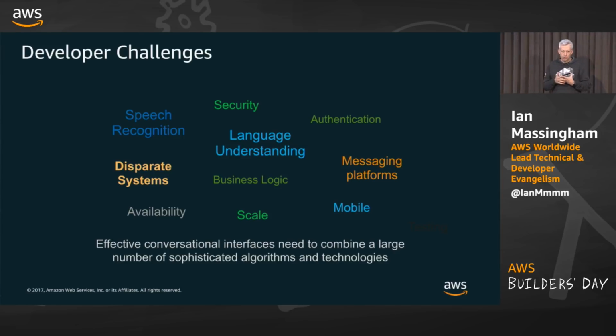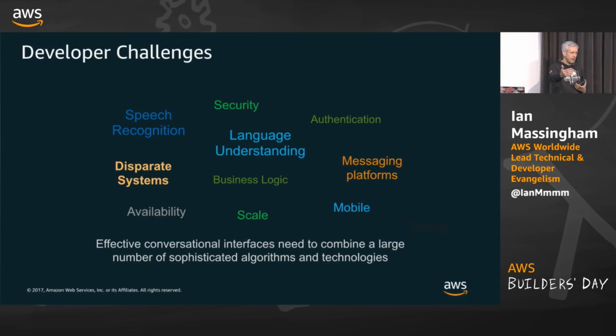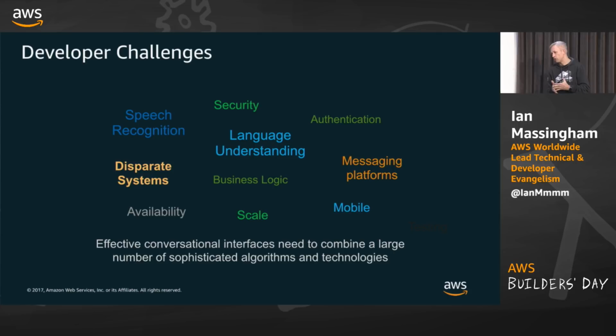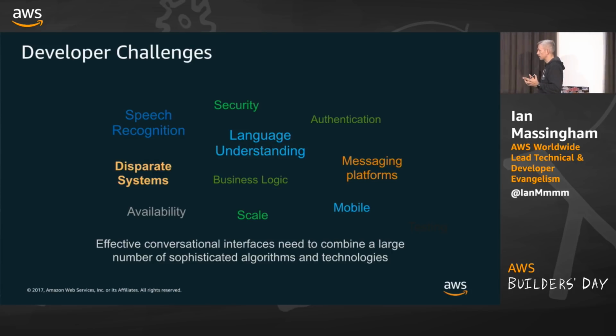With Lex, it's very simple to build a text or voice-based interface, bolt that into an existing application using our Lex API, our runtime API, and accept calls against that API, and then resolve them down to one of those 3 or 4 intents that are required for our particular use case. So I could take my existing travel booking app, add a button to it that says, talk to me. Have a customer press that button and literally say, I want to book a hotel, and then enter into a dialogue with them just by using the Lex API in combination with this existing mobile app. Very, very simple for that very targeted use case. So that's one useful component of the service.